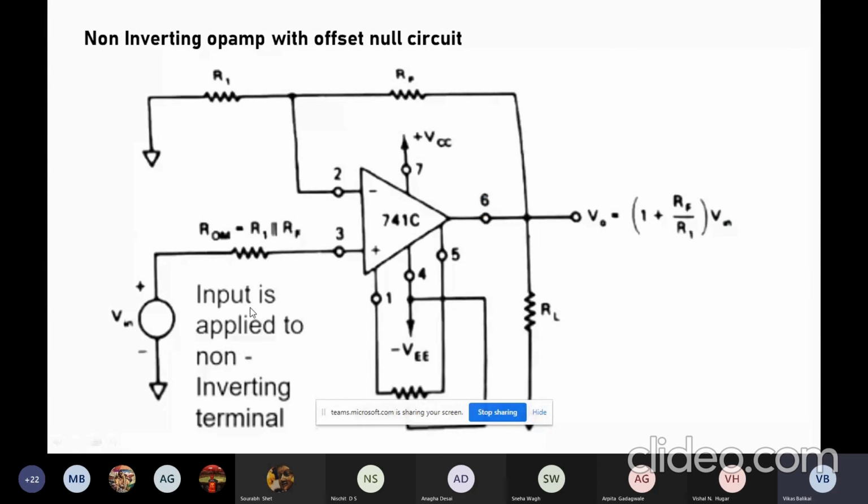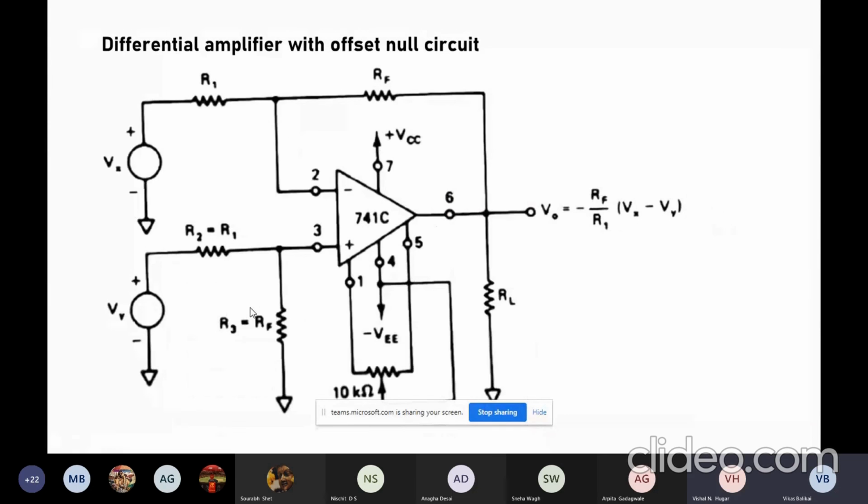So this is basically the configuration that I can be using in terms of non-inverting circuit. When it comes to the differential configuration, as you can see over here, I'll be using both the inputs Vx, Vy, and I'll be using the offset minimizing circuit. Instead of using it separately, I'll be directly connecting a potentiometer over here, and by default it will be considering the resistances offered by this potentiometer to combat the nullified voltage. So this is what the offset voltage null circuitry is about.